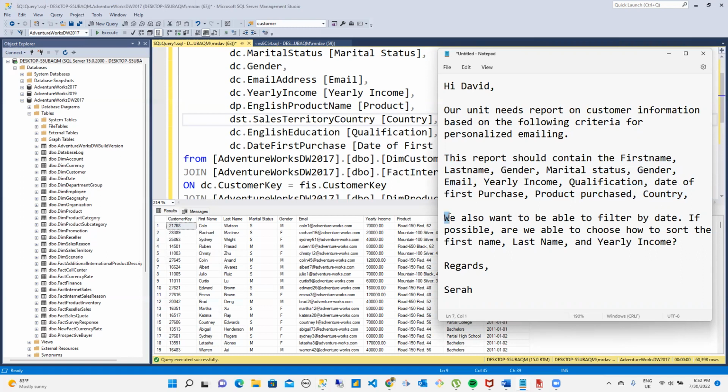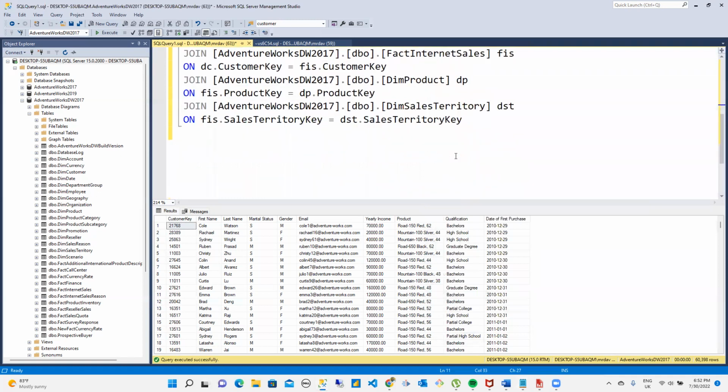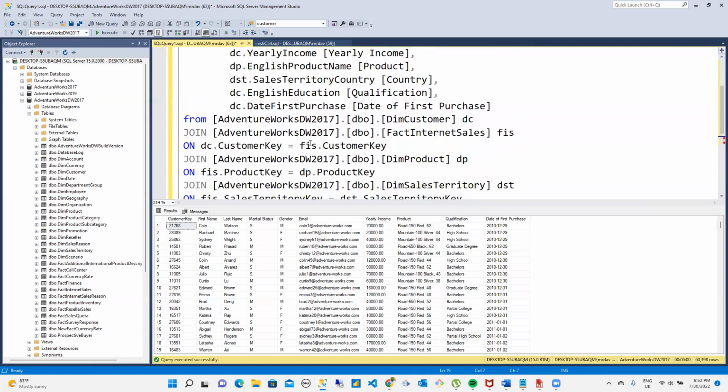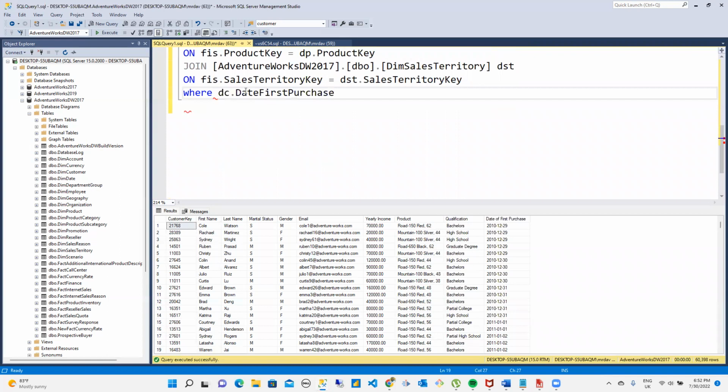The next is we also want to be able to filter by date. So you have two ways of doing this. You can either put your parameter on SSRS or you can put your parameter on your query. So let me do the latter method of having my parameter on my query and say where the date of first purchase, which is this, where this is between,